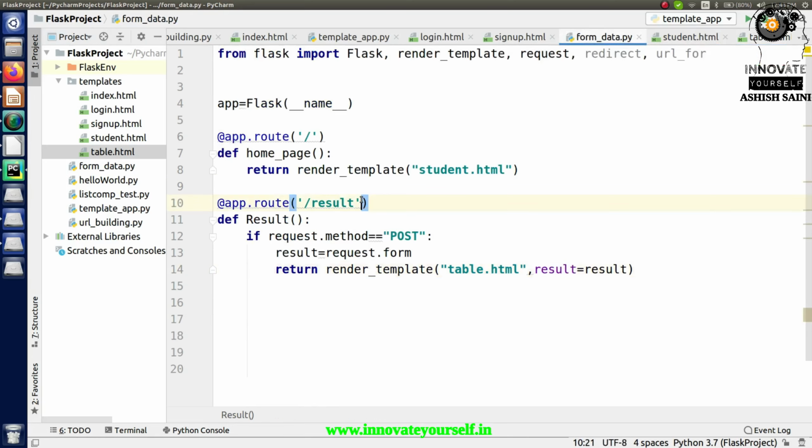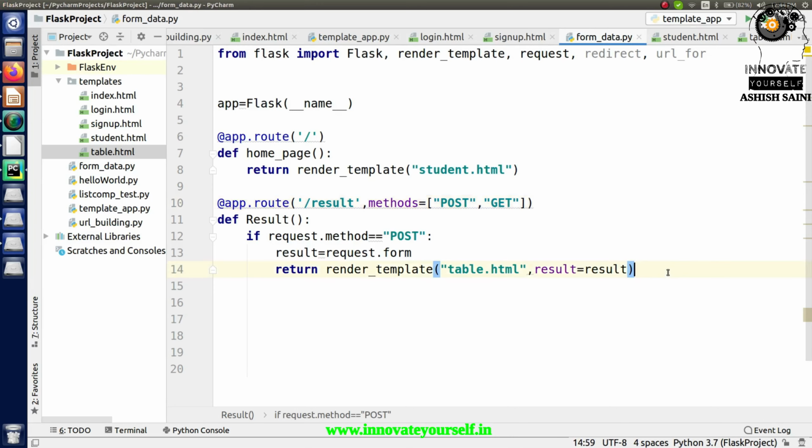And one more thing is left. You need to specify the methods as well. So just specify the methods, and for the methods just pass what methods it can be. So in my case it can be the post and get method. So just pass it up, right? So that is what exactly I have done, and I think everything is done from my side. I have created this application.